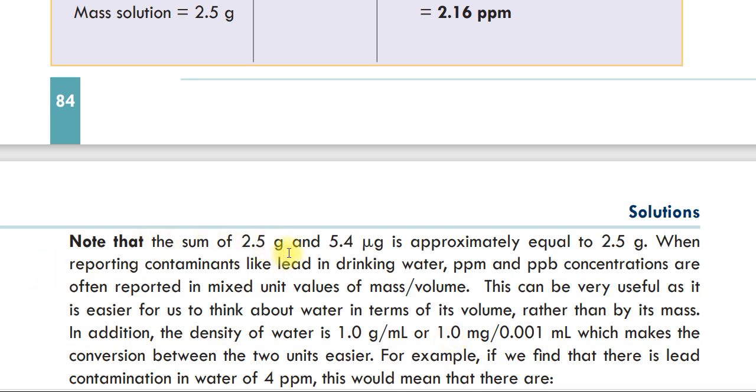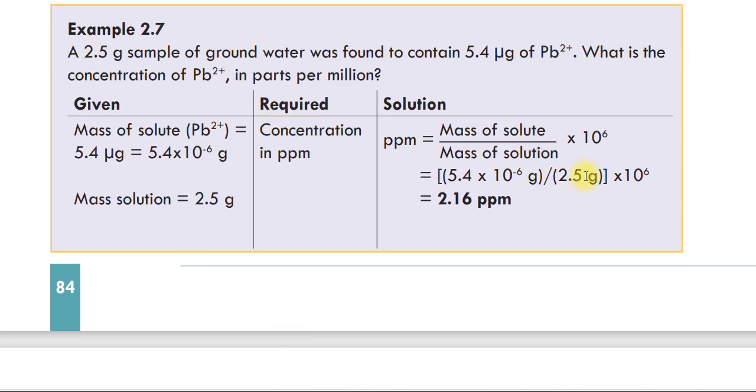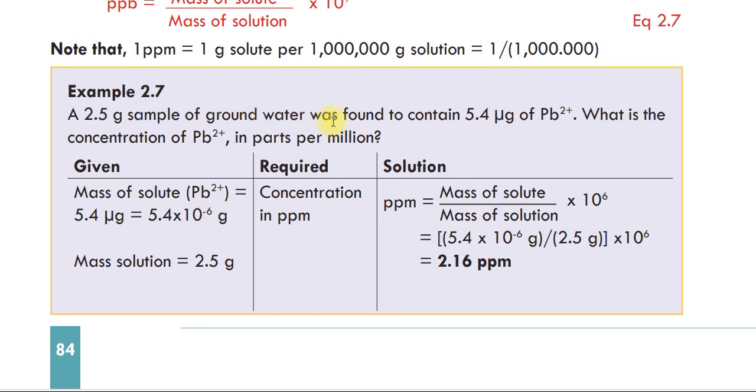Note that the sum of 2.5 gram and 5.4 microgram is approximately equal to 2.5 gram እዩ the sum of 2.5 gram and 5.4 microgram is approximately 2.5 gram that is why እዚህ ጋር mass of solution 2.5 gram ወይም mass of solution 2.5 gram የተጠቀመው ለዛ ነው ምክንያቱም mass of water solvent ማለት ነው 2.5 ተብለናል and የሶሊቱ ደግሞ 5.4 ስለዚህ 2.5 plus 5.4 microgram which is equal to 2.5 gram ያልነው approximately ወደ 0 approach ያደረገ ነገር ስለሆነ ነው ኦኬ ወይም ይሄን ራውንድ ስናደርገው 2.5 ስለሚመጣ ማለት ነው